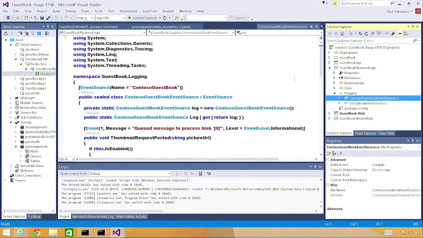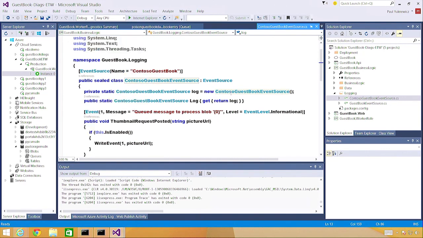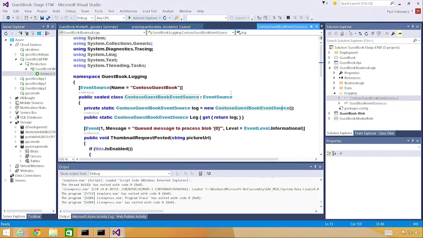In this version of Visual Studio and the Azure SDK, we enable a much more sophisticated form of diagnostics and logging. You can use something called ETW event sources. The event sources allow a developer to define logical events and logical stages of their application workflow. And we can use these stages and these event IDs to describe and identify where you're at in your application in all tiers as you're diagnosing your app. So here we've defined an event source class. And by default, our diagnostic tooling can pick up this event source class,